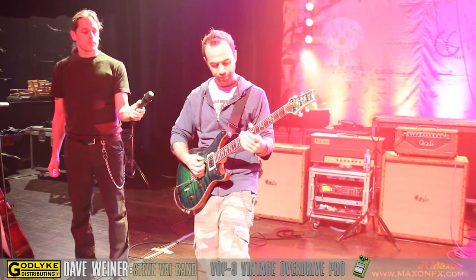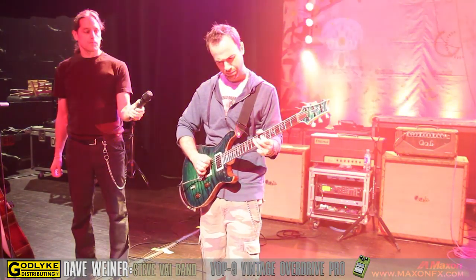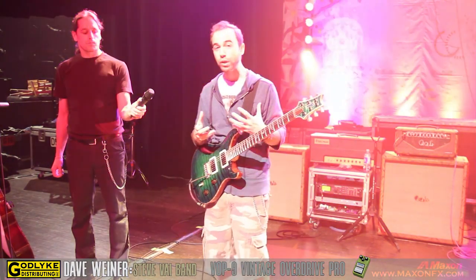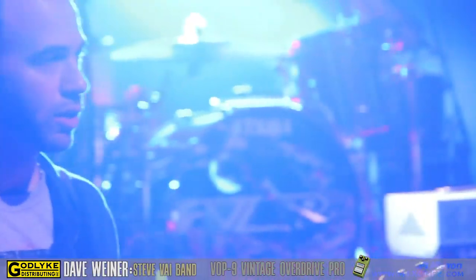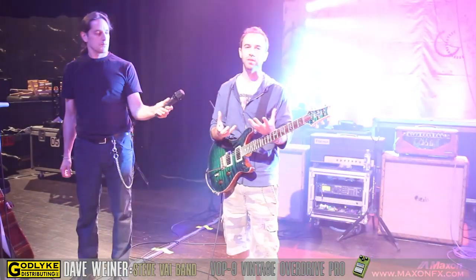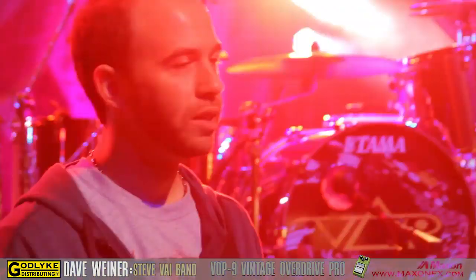And here's the overdrive. So, unless you're listening really closely, you probably can't even hear the difference. Again, for me, it's just having it a hair above unity from what the guitar and the amp are giving me already. And I use it mostly for leads. It's a bit more gain, a bit more volume,